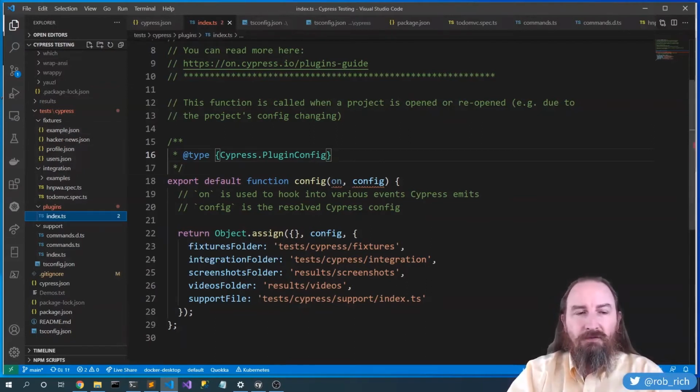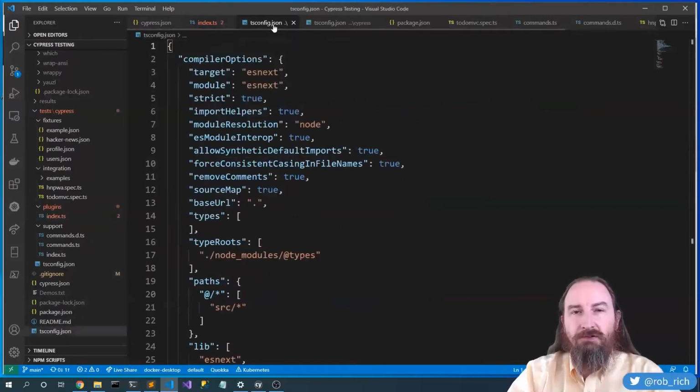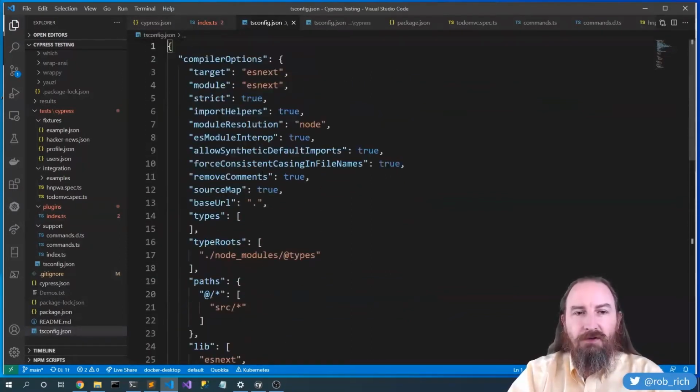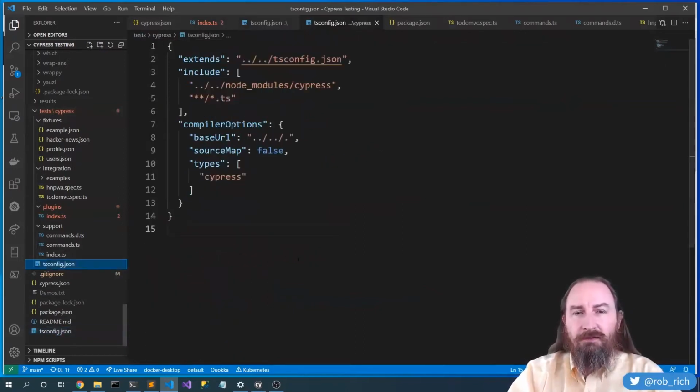So now that we've got that configuration in place, I did add TypeScript. Now here in my main tsconfig file, we can see the basic TypeScript definitions for my application. Now it's just the normal details. I don't have anything special in here that's specific to Cypress. But inside my test/Cypress folder, I have a second tsconfig. Now this tsconfig file will give me the details that I need to make my TypeScript in my Cypress project